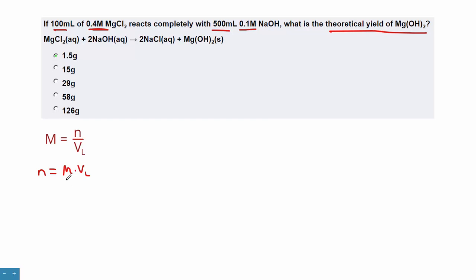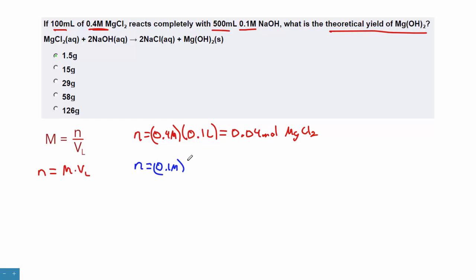both reagents here. So we'll start with the MgCl2 here, and for the MgCl2, the molarity is 0.4 molar. The liters, 100 milliliters divided by 1,000, is 0.1 liters. And this gets us 0.04 moles, and again, that's for the MgCl2. Now, if we do the same thing for the NaOH, in this case, it's 0.1 molar, and 500 milliliters, which again, divided by 1,000 is 0.5 liters, which is going to get us 0.05 moles of